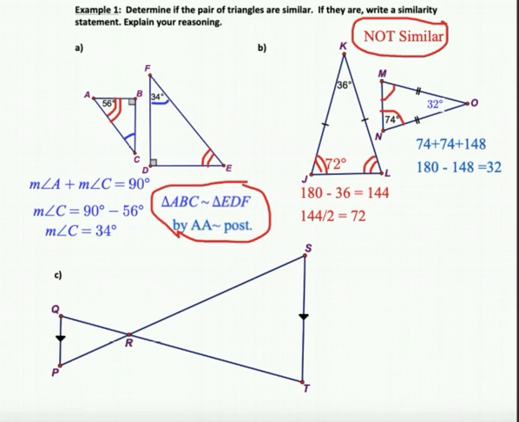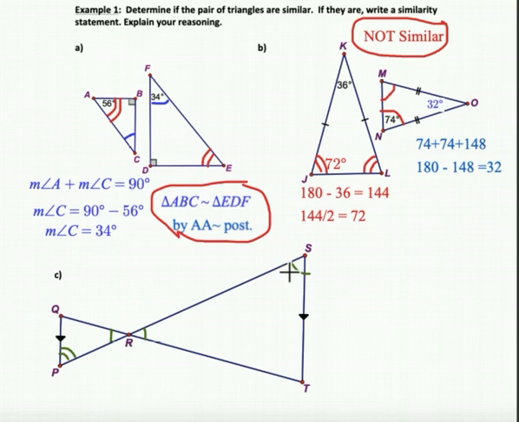The first thing that I noticed with example C is that I have a pair of vertical angles. So I know that those two vertical angles have to be congruent, so I'll go ahead and mark them congruent. And since ST is parallel to QP, and this transversal creates alternate interior angles, I know those two alternate interior